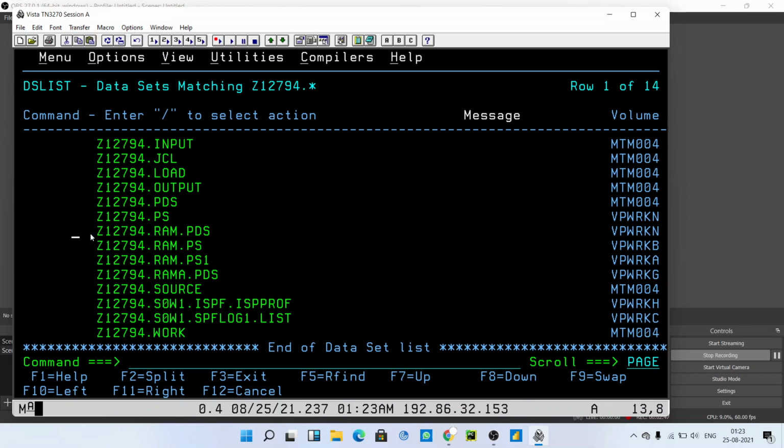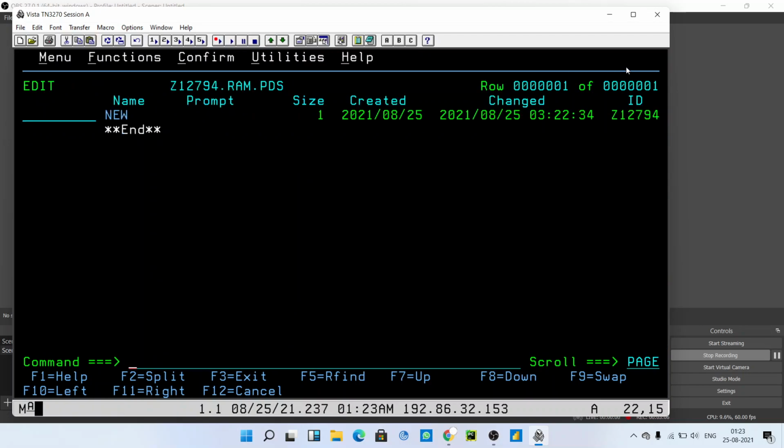So here it is, the ram.pds file that was giving us an error before creating the PS file. Now we have created a PS file inside a PDS file, and if we press E in front of it and enter, we will not get any error.